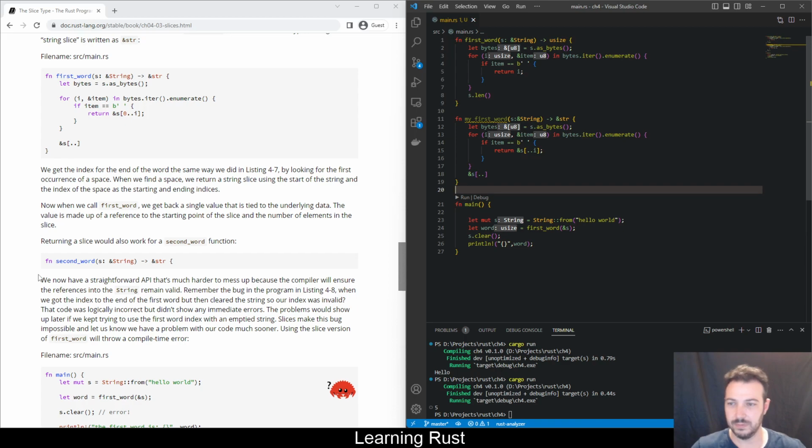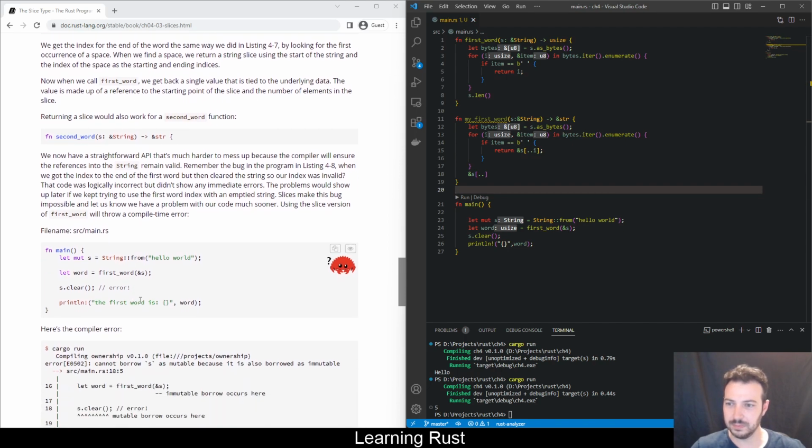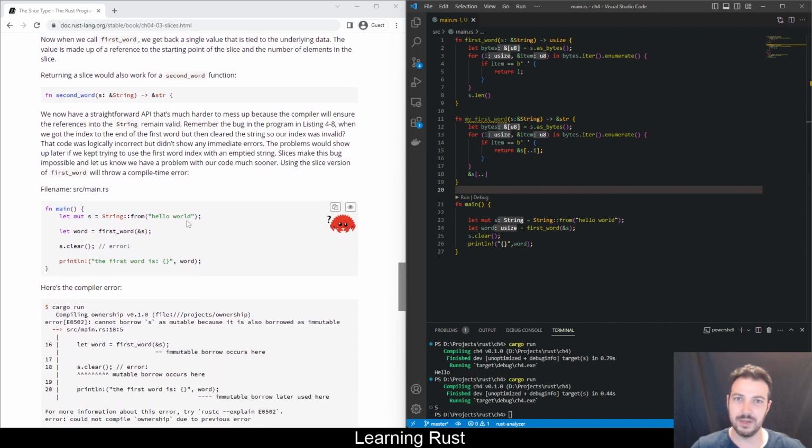Yeah, so we can write a second word function if we want. Okay, maybe at the end of the episode I'll write a second word. We'll see if it works. Okay, now